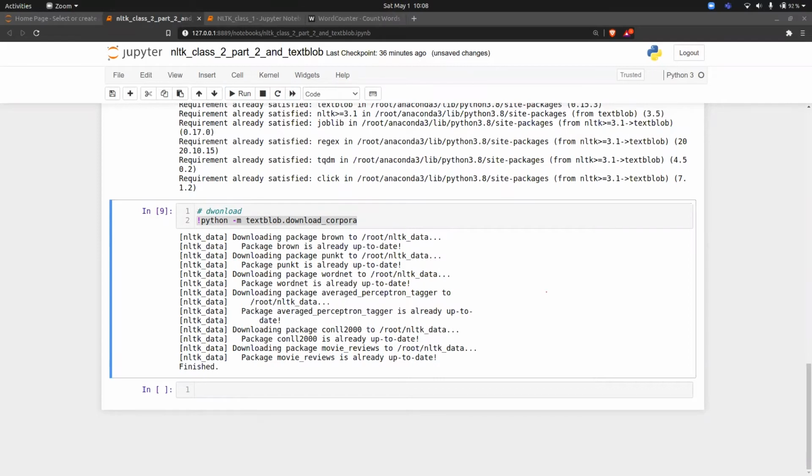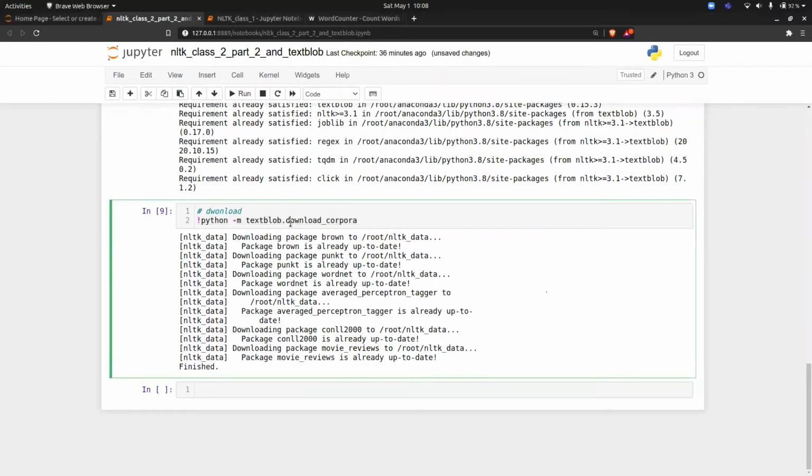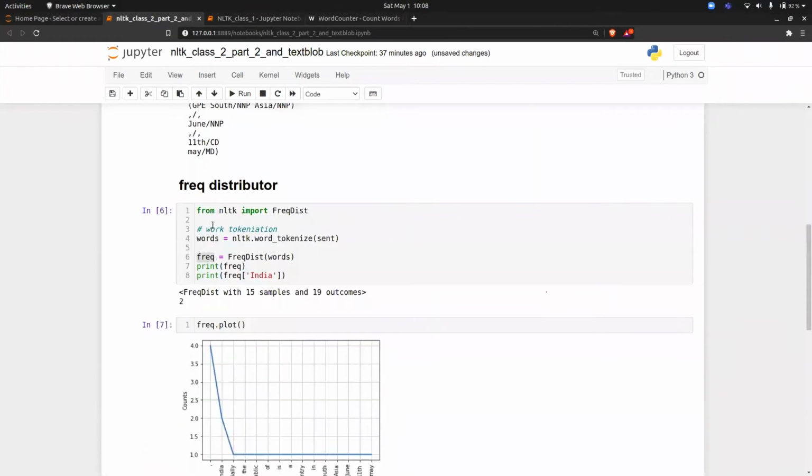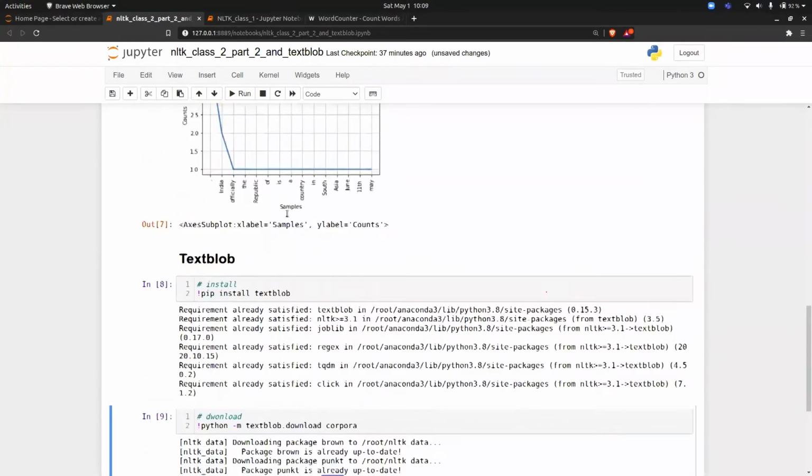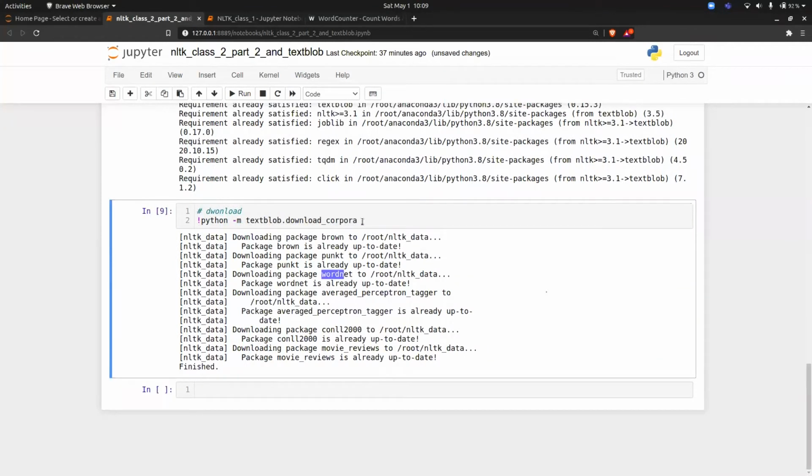So this is a model which we will use for development, not NLTK, TextBlob, sorry, TextBlob. Basically, whenever you do download corpora, it is downloading everything. It is downloading punkt, it is downloading WordNet, everything at once. In NLTK, we have to call each library again and again, right? So this is the advantage of using TextBlob. You don't have to break your head and you will not get any error on this. This is what they are trying to do behind the scenes. Just an improved version, as I said. So this is what they are trying to eliminate.